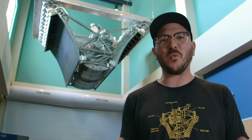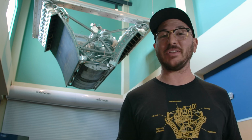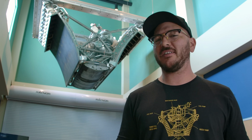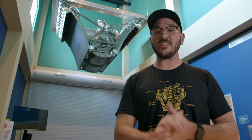If they're so good, why isn't everyone using them? Or for that fact, why isn't anyone using them? Why aren't these brand new engines like SpaceX's Raptor engine that are built from the ground up, why aren't they Aerospikes? So today we're going to look at the history of the Aerospike engine, and then we're going to look at how nozzles work,